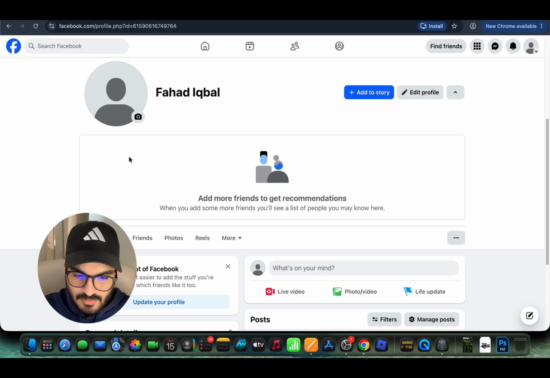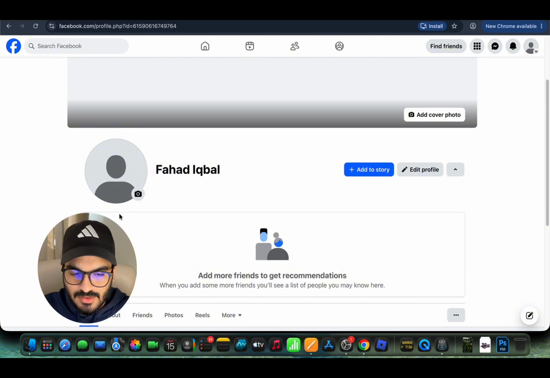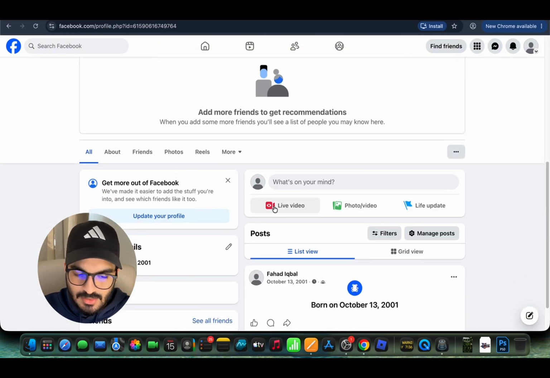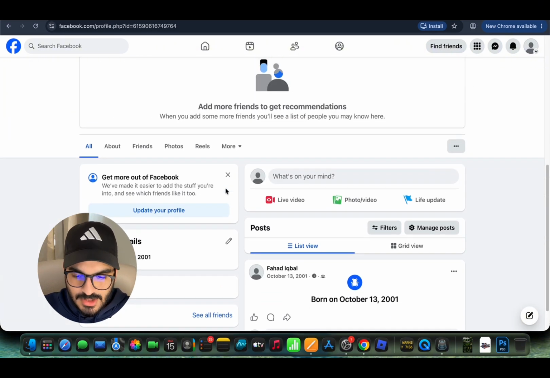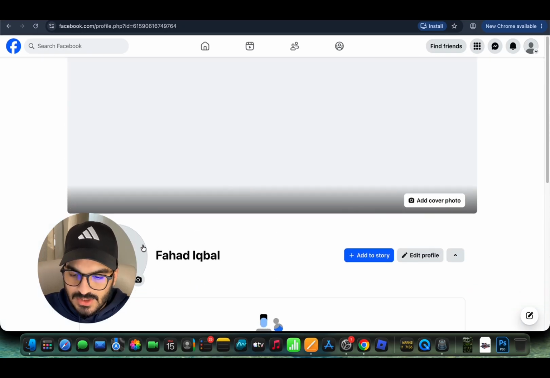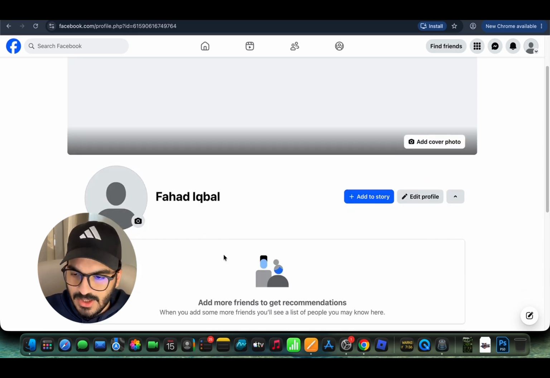If you already have a Facebook account, then you don't have to worry about this part, because you're already going to have your picture here, and your posts here, which is once again your personal Facebook account. So just for the sake of this video, we're going to be adding a cover photo and a profile picture. In fact, if you don't know how to create cover photos, I have a video for that as well, and it's a very easy video on how to create Facebook banners and profile pictures for your business specifically. But once again, because this is your personal account, you don't have to add your business stuff here. If you want to, you can, but this is not going to be the one that you're going to be